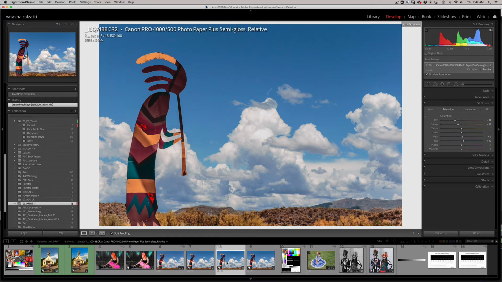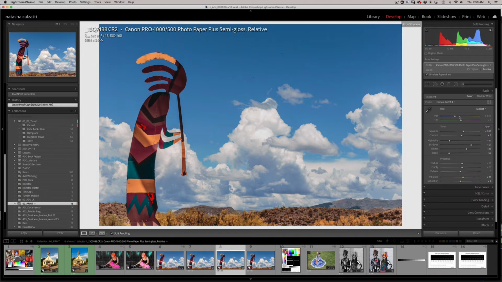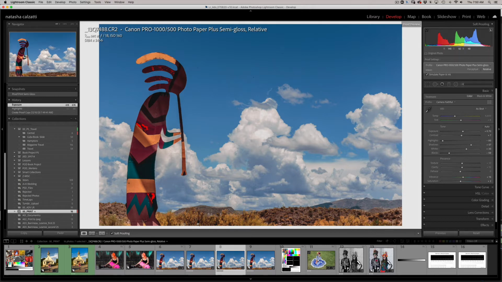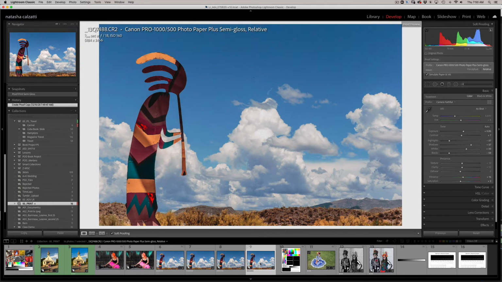This one I'm going to readjust a little bit. And I'm going to readjust it because I want to see if I can get a little bit more detail in my clouds, let's say. So I will bring down my exposure. Actually, I'm going to bring down my highlights just a smidge, like actually all the way down, I guess, and maybe my exposure just a little bit darker, like so. Okay, I want to see what that looks like, and then I also want to see what this one looks like